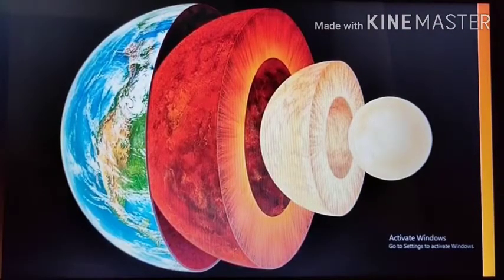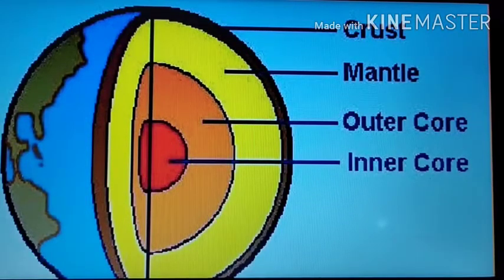Now, over here in this figure, you can see the various layers of earth. In this figure, the topmost layer is the crust, which looks blue because of the huge amount of ocean present on the earth from space. Then comes the red hot mantle, followed by the very hot inner and outer core. The centralmost, the deepest part of the earth is the core, which is divided into the outer core and the inner core.